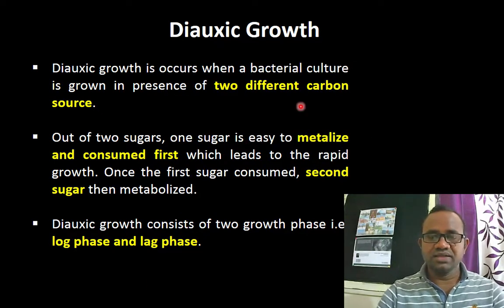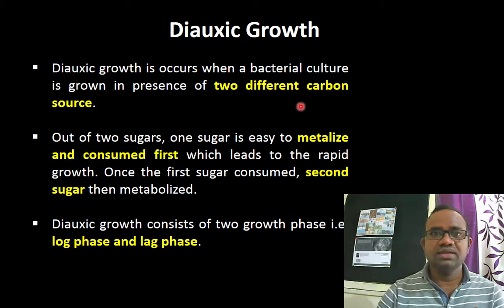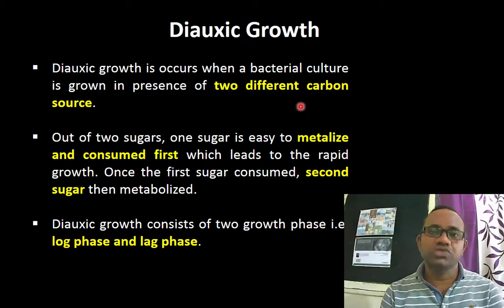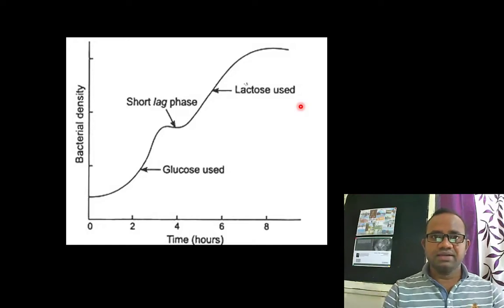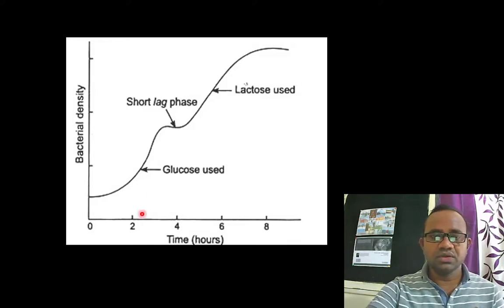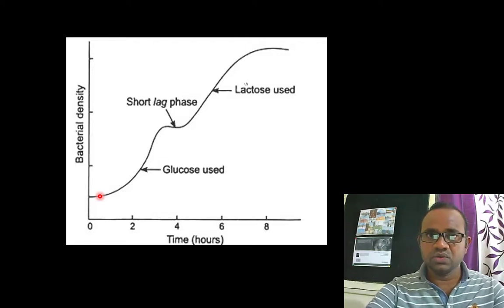When we add the bacteria into this particular medium, they utilize the first carbon source, the glucose, and then they utilize the second. That means two phases will occur to utilize these two types of sugars. For example, when we add glucose and lactose, these two sugars, into the medium, and then we add the bacteria, what will happen? The bacteria first will utilize this glucose and grow rapidly. This means they grow rapidly like this. So this has become the log phase. Log phase is the rapidly increasing or exponential growth rate phase, where the growth is at its maximum.